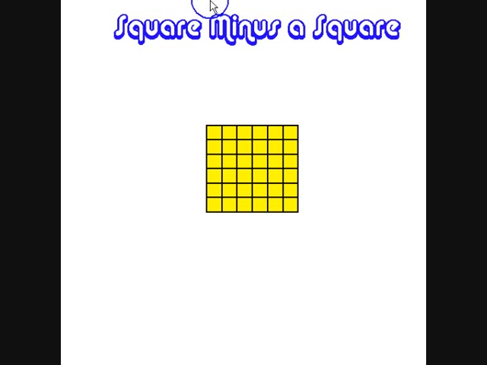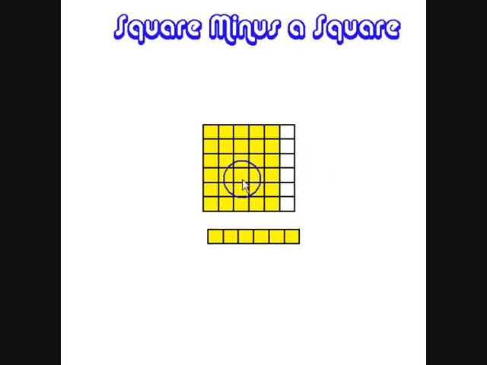Another way to get answers to the times table is to use the square minus a square method. So we begin with a square of any size. In this case I've chosen one that's 6 across and 6 down, so a total of 6 by 6 or 36 little yellow squares in there. And our first step will be just to tear off one edge and move it around underneath and put it on underneath. So we've still got our 36 yellow squares, and I'll just colour in that one blue to get